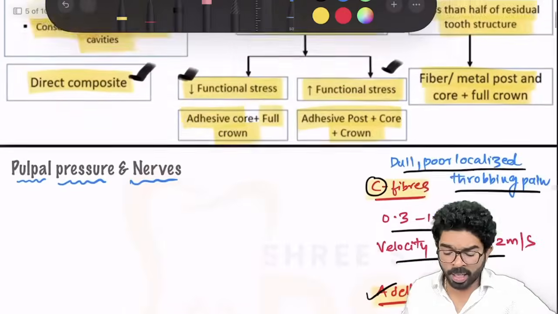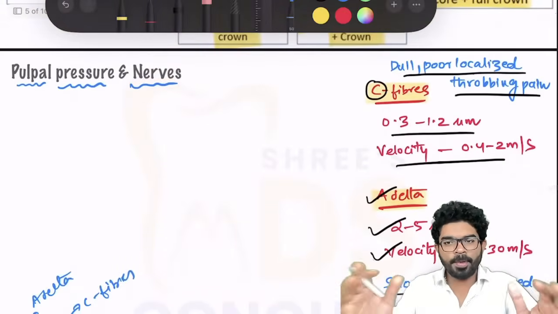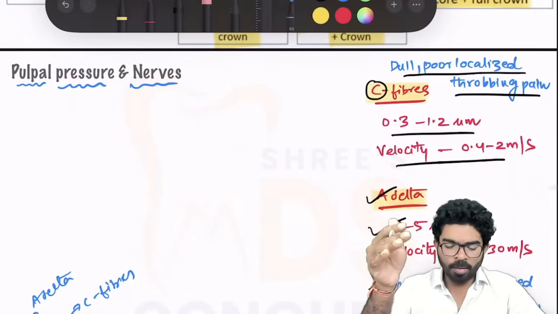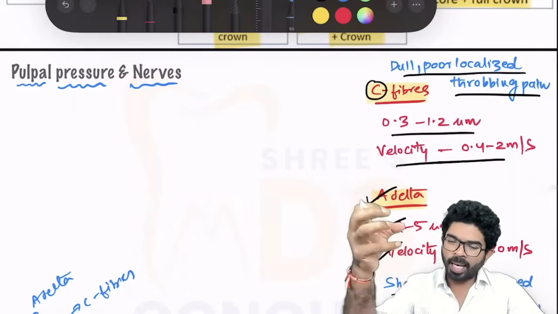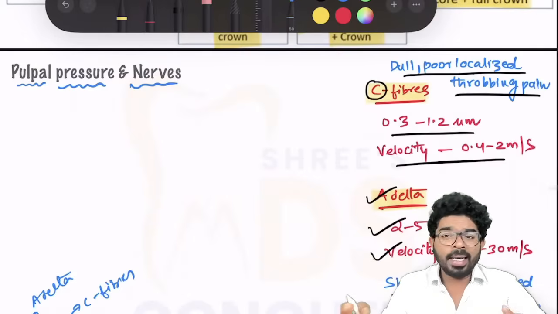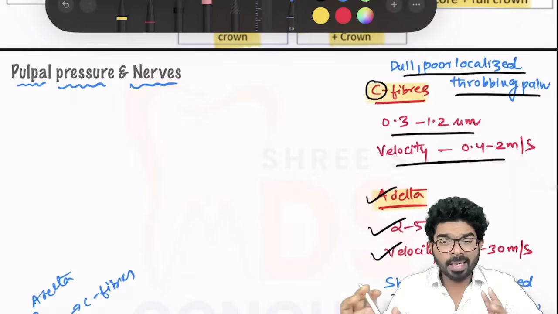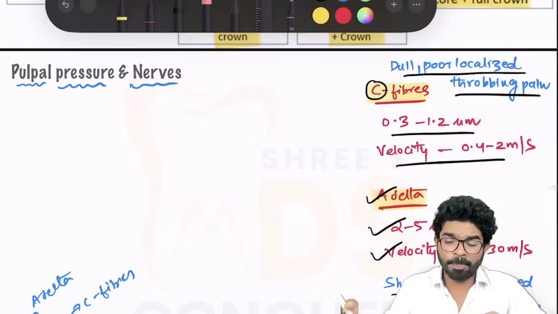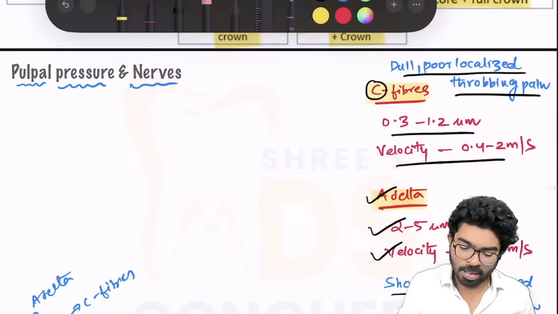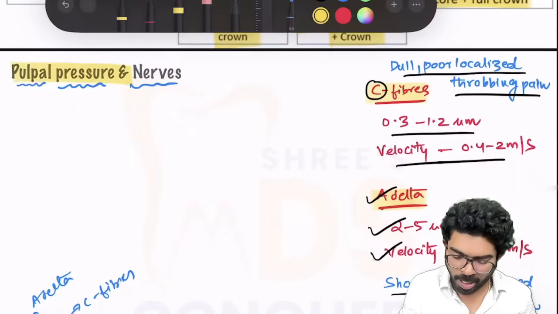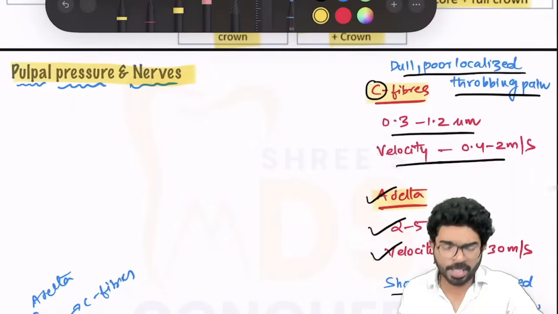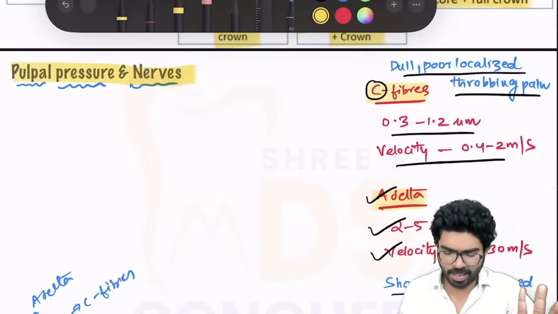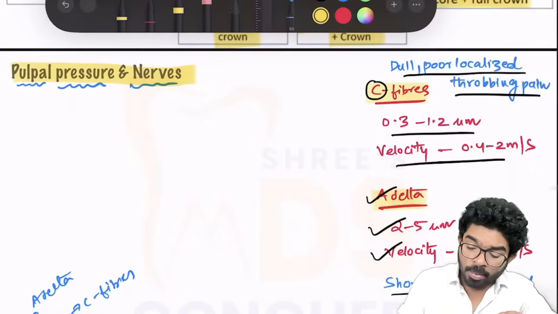So next I'll be talking about pressures in the pulp. If you see the structure of the tooth, you will have an outer enamel coating, followed by inner dentin, and the pulp is encapsulated by the surrounding dentin. So the pulp is a closed chamber. Whenever something is a closed chamber, it is going to exert pressure, and that particular pressure is called pulpal pressure. Questions on pulpal pressure, pulpal nerves and pulpal collagen are very frequently asked areas. So first I'll be talking about the